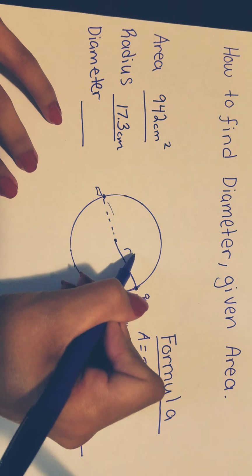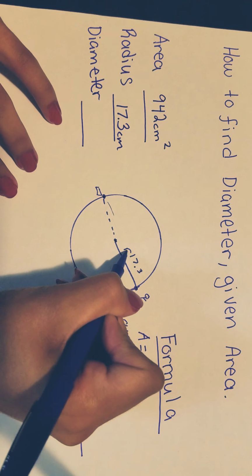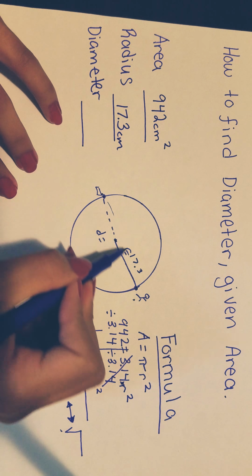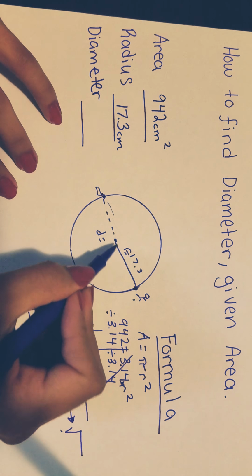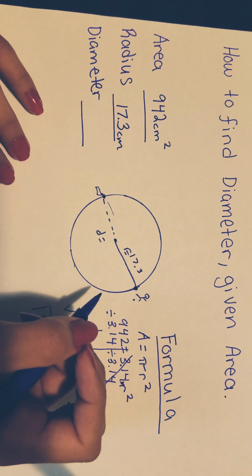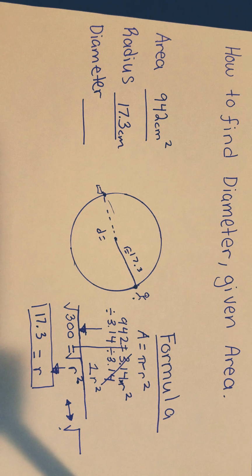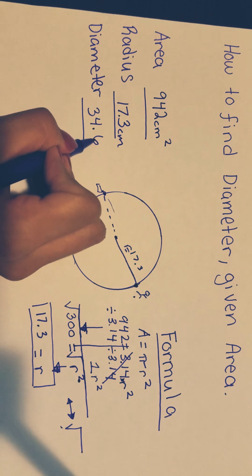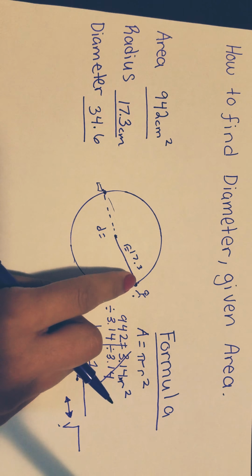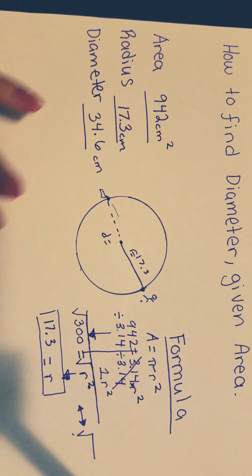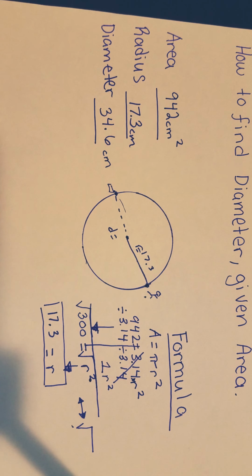The radius is 17.3, but how do I find from here all the way across? You're gonna double that 17.3. So you can use your calculator, but honestly, I would like for you guys to do that by hand. But you will get 34.6 if you double 17.3. And there you have it. That's your diameter. Oh, don't forget your units, guys. Okay, so hopefully this helps and you will be able